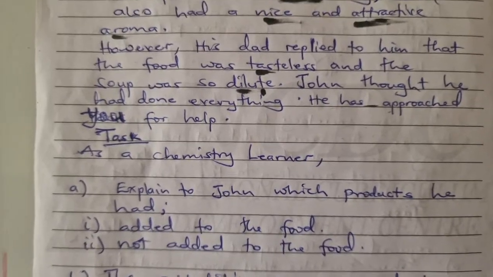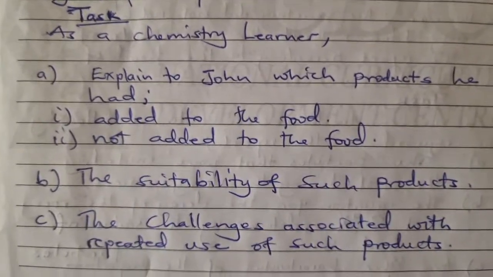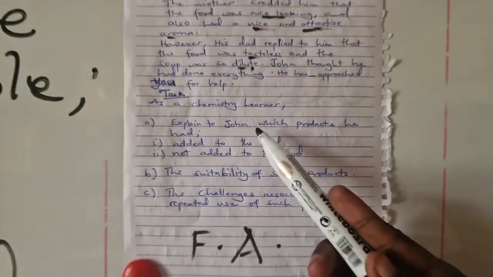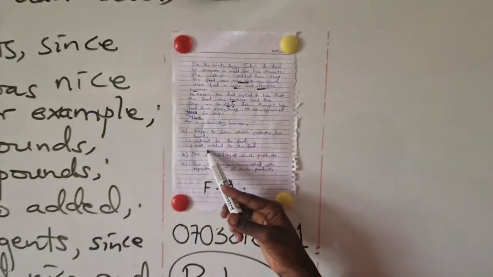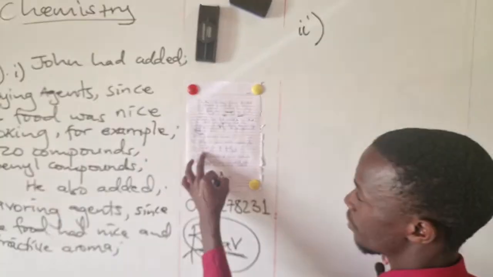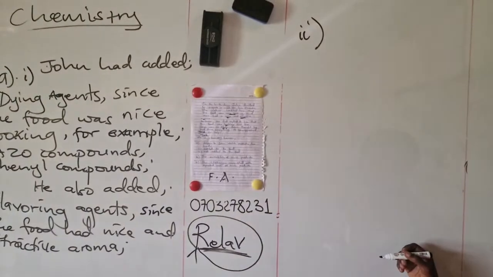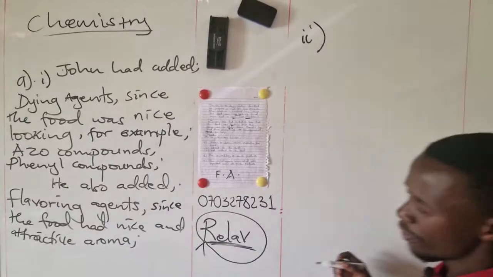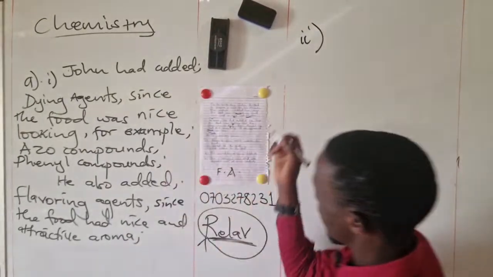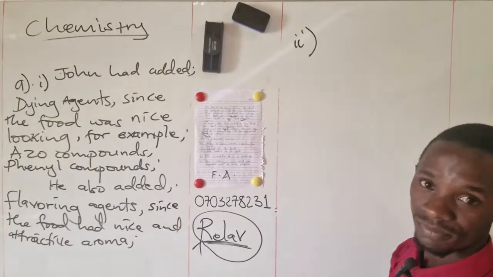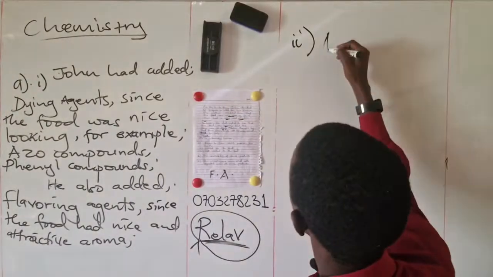Then Roman 2, they are telling us to explain to John which products he forgot to add to the food. The products he did not add, or had not added to the food. When you go to the scenario, the products that were not added by John were reflected by the Father. So, according to the Father,